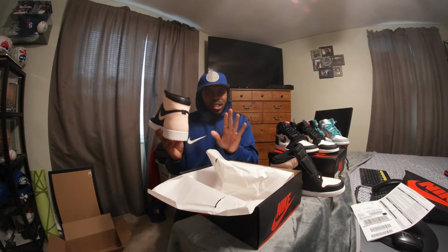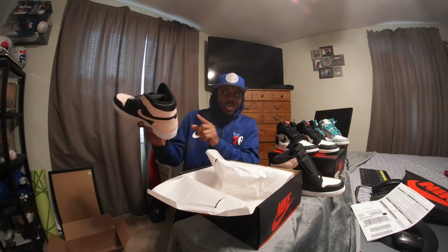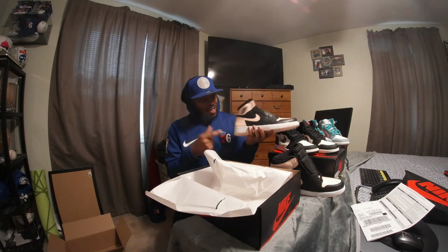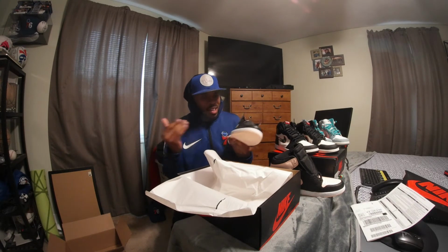The only time this is a must cop is if you're in your closet and you look at all the clothes you have, and if you have a bunch of clothes that can put this together, it makes sense. If you have just black, white,